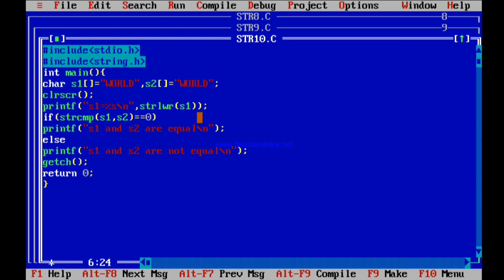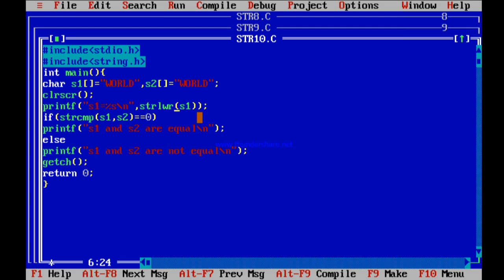Okay friends, so in this program, the first string "world" will be converted into lowercase letters. When you compare lowercase letters with uppercase letters, they are considered different letters, because their ASCII values are different. So in this example, both the strings are not equal, I think.